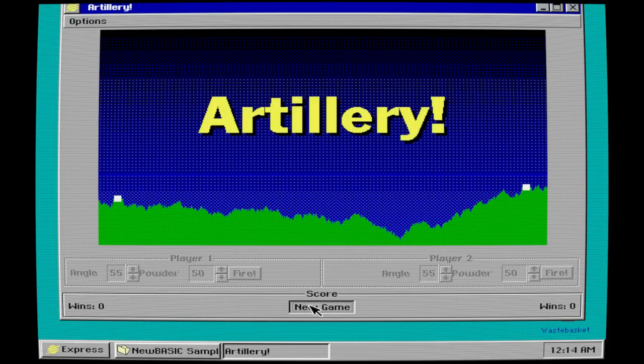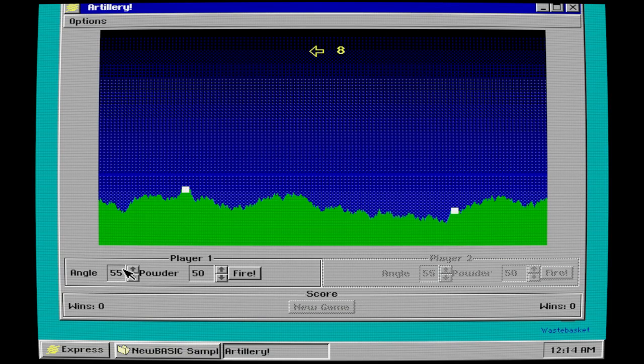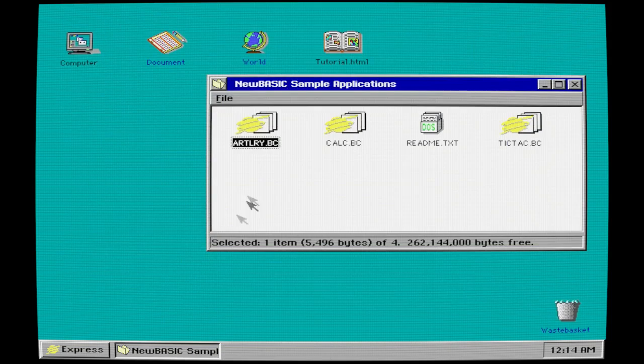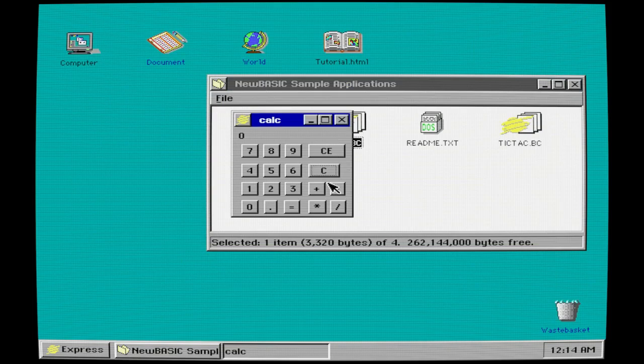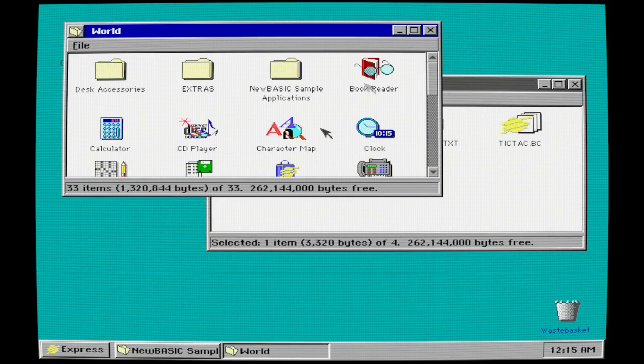So you could play with a friend or something. Okay, choose my angle, fire, and see if it actually hits the guy. And you could go back and forth and whatever. It's an artillery game. And then of course there's a basic calculator, which is completely useless considering there's a more advanced version of that in the world